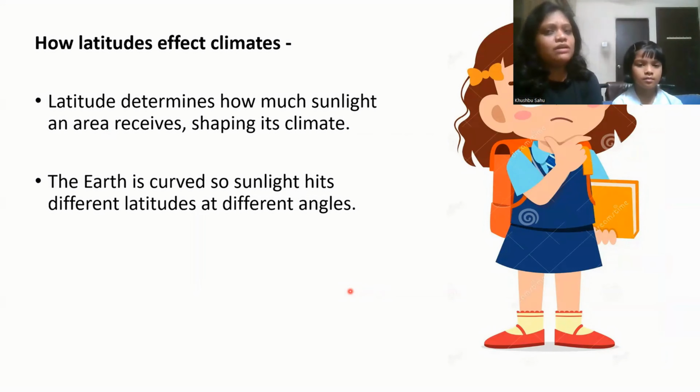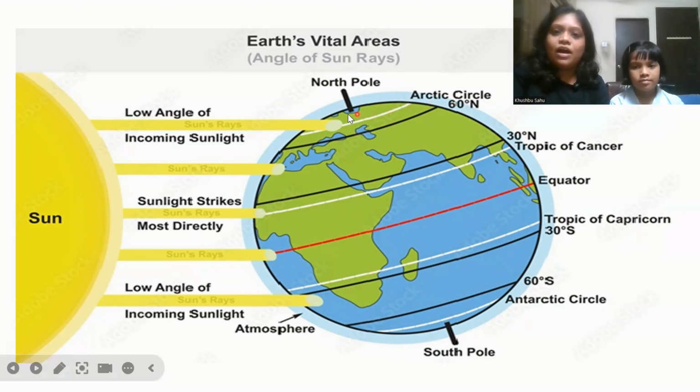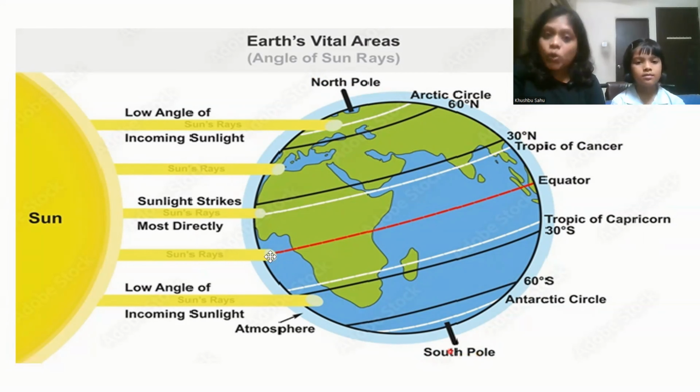Advika, do you really think that latitude can affect climates? Yes. Right, because students, our Earth is slightly tilted, right, kids? We all know that our Earth is slightly tilted. So, different portions of the Earth experience different angles of sunlight, right or wrong? Yes. Right. So, see, this is our Earth. This is slightly tilted. This is the North Pole. This is the South Pole, right? So, equator